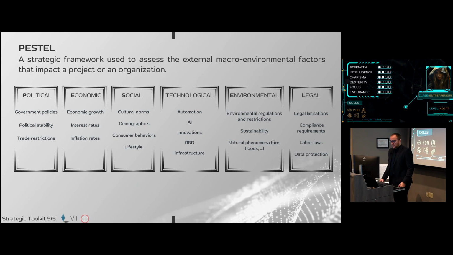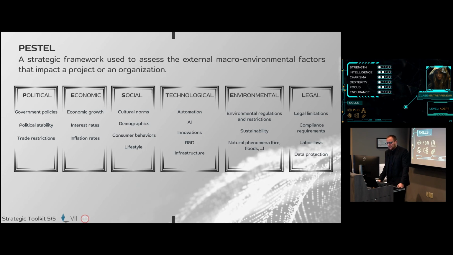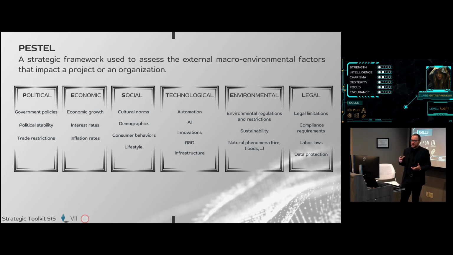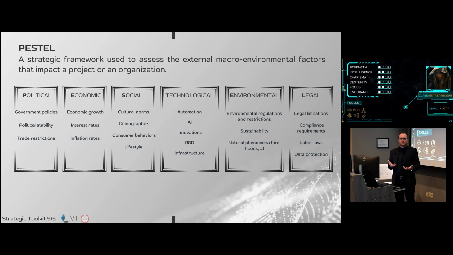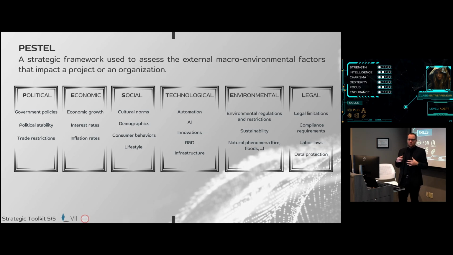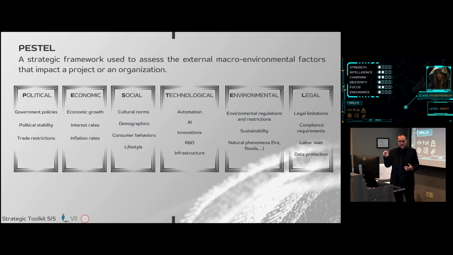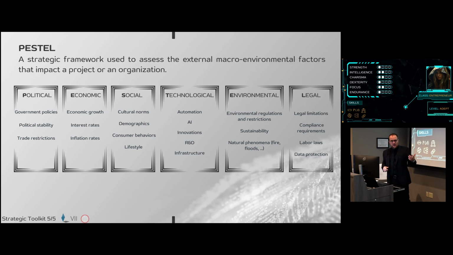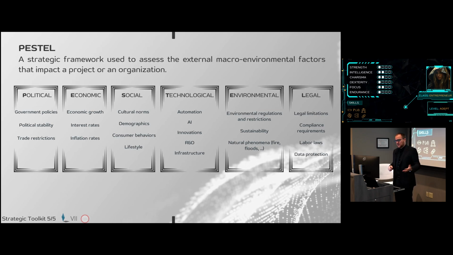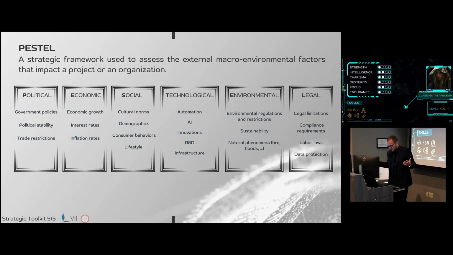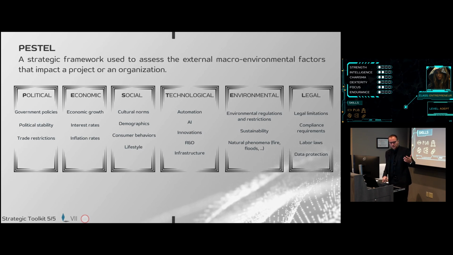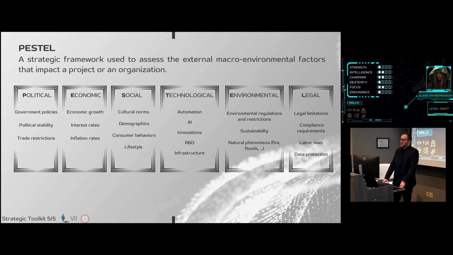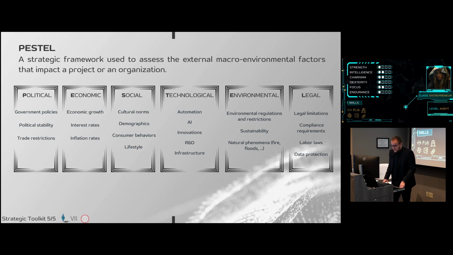Now, technological, environmental, and legal, those are frameworks that, in simple consideration, technological is if you have an accounting firm and you perform accounting services, there is a technological threat that your services may be substituted by AI. Environmental, as I've said, is natural disasters and other phenomena that may occur, or environmental regulations. If you put your coffee shop on the seacoast, it can get washed away by the waves if the tide comes. Now, lastly, but not leastly, legal is